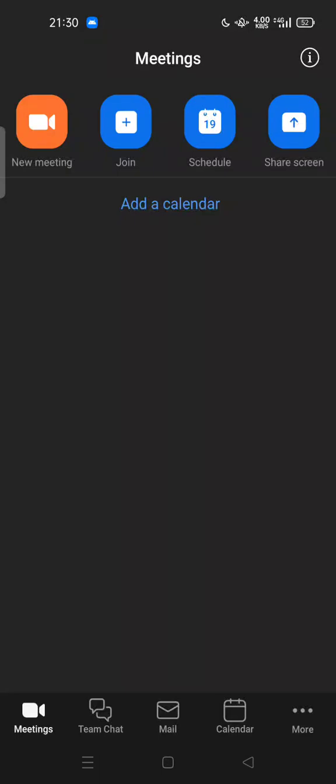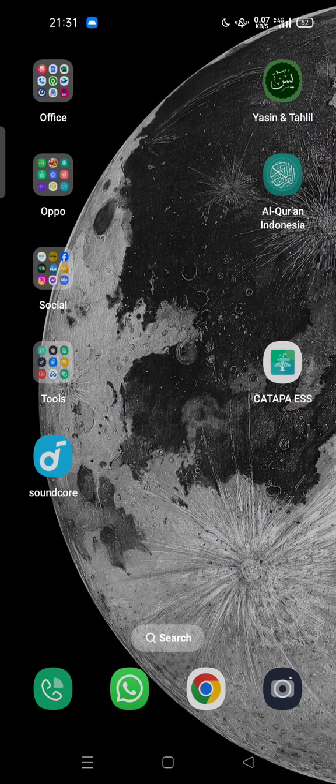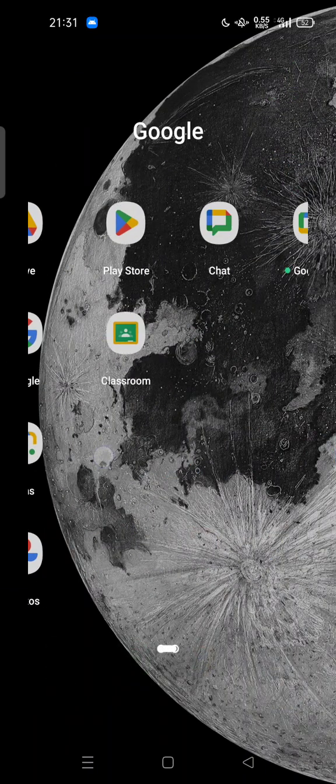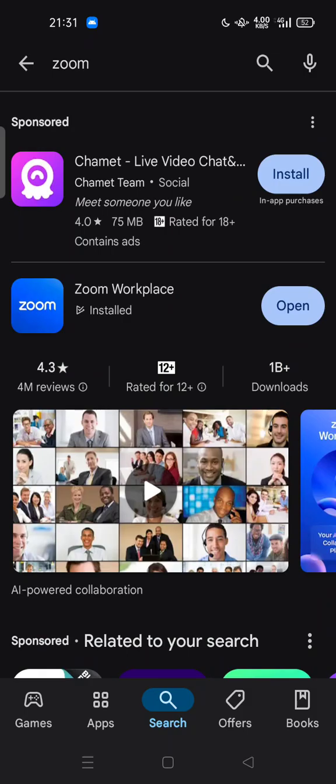Today I'm going to show you how you can set your virtual backgrounds that are no longer showing in your old Zoom app. If you still use Zoom Meeting, you can try to update, because there are some features that changed after the newest update,